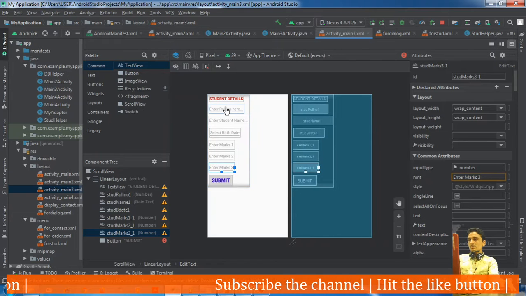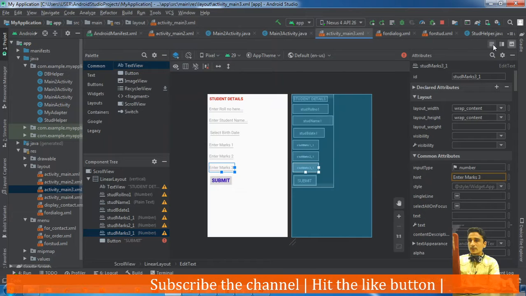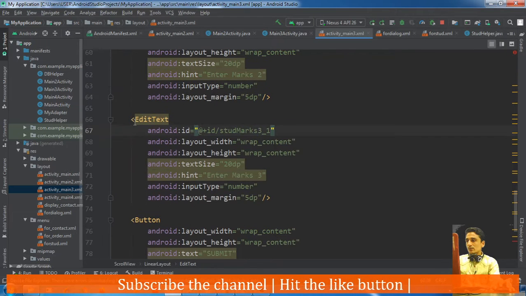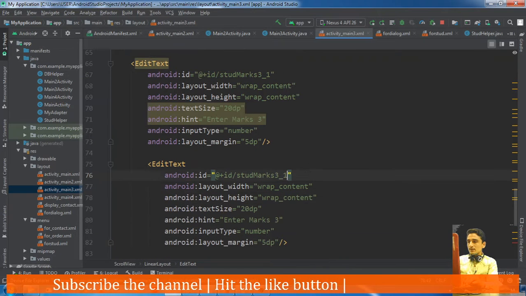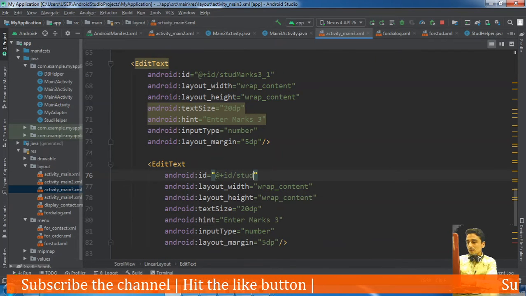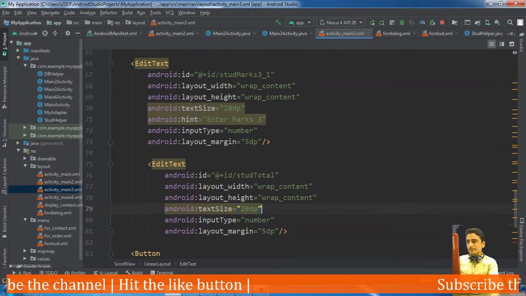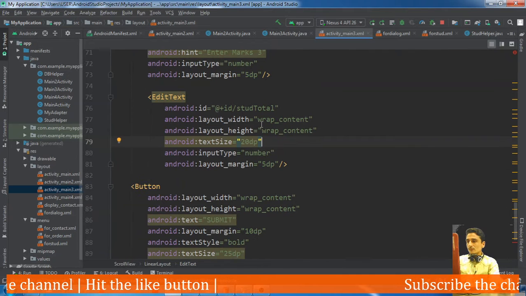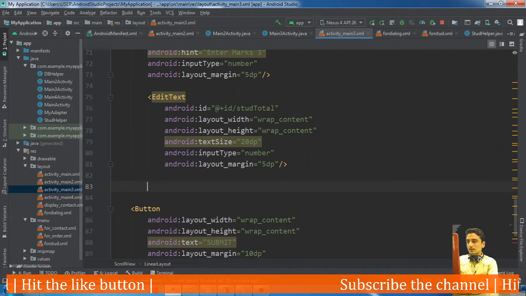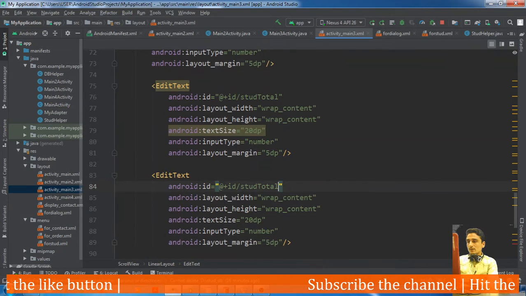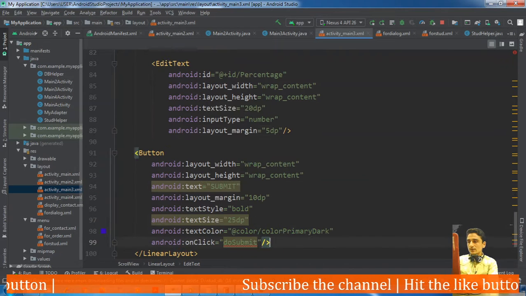Student details, roll number, name, birth date, marks 1, marks 2, marks 3, and yet 2 more things are there, that is for total, no need of hint here, and for percentage, okay.